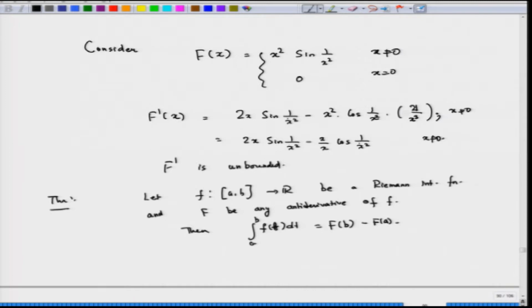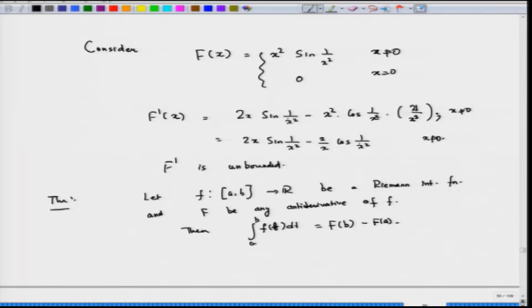So, this is true, I am not going to prove this, but we can drop the continuity of small f, but we cannot get away with the assumption that small f is Riemann integrable. It may happen that the derivative of a function may not be Riemann integrable. So, that is the natural question which leads to further studies: what condition can you impose on f such that f prime will automatically be integrable? So, let us keep all those questions for our future study.